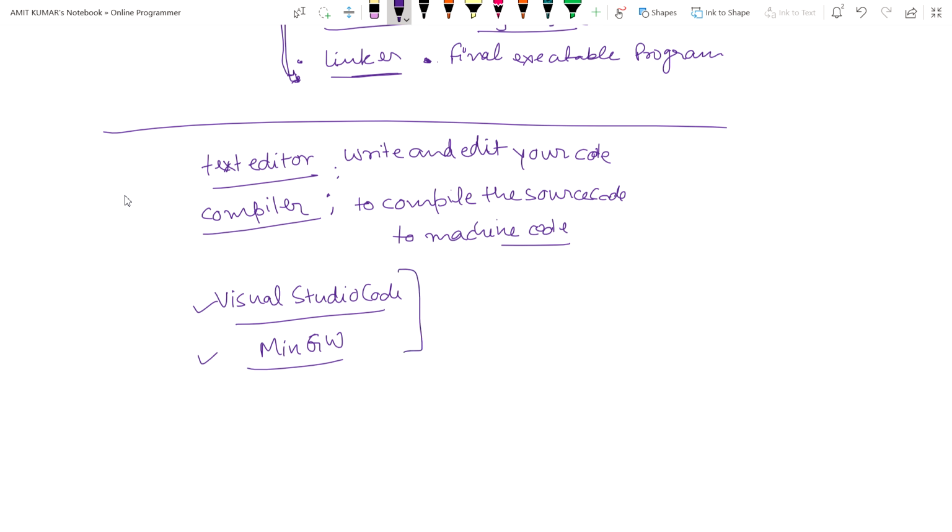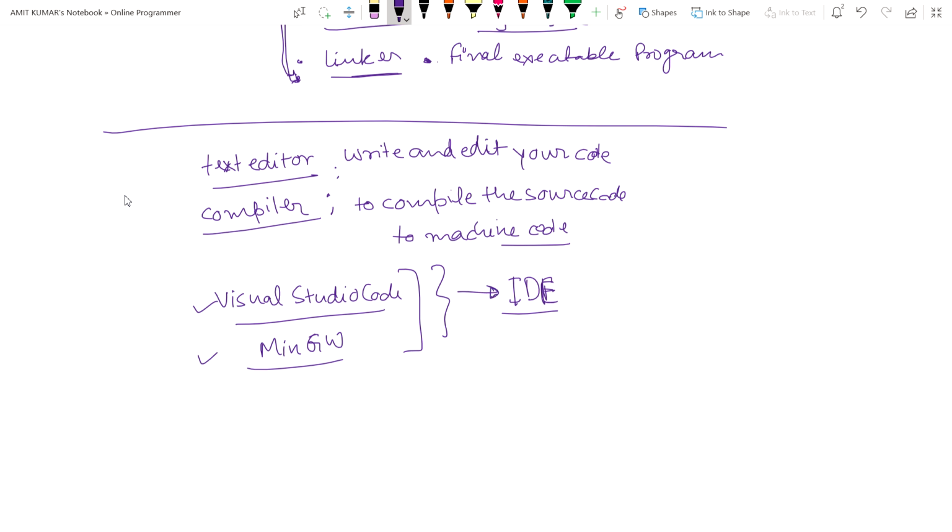I will jump to Visual Studio Code and we will see how we can start writing and compiling the program. One more thing: in advanced programming, or if the program size and application size increase, we generally use IDEs, integrated development environments. An IDE includes these two things in a single place.